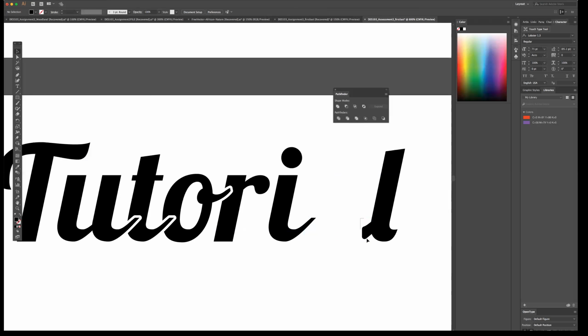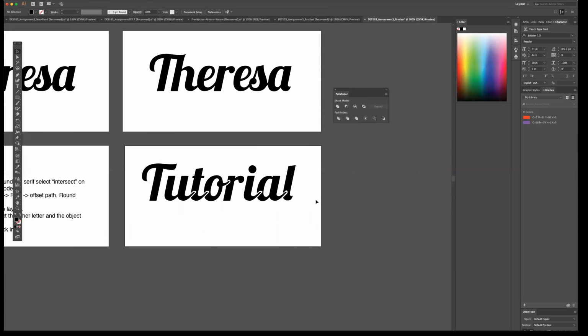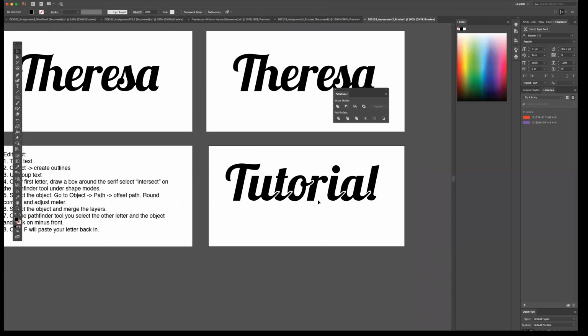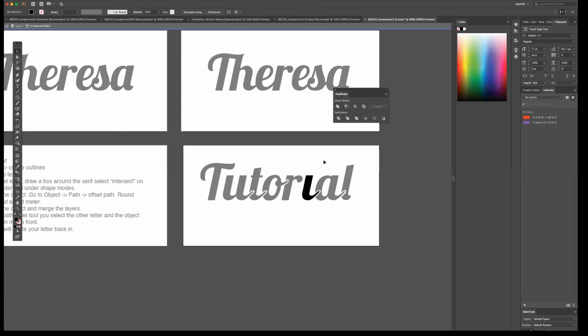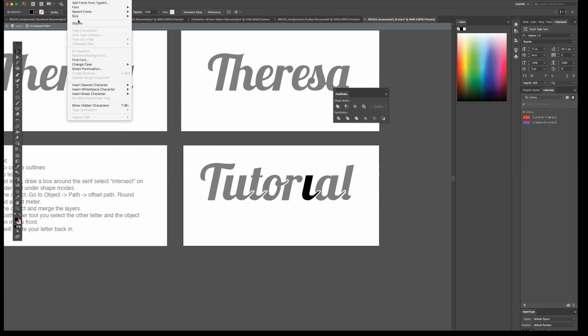And then you can zoom out. And that is a very subtle way to create a very personalized version of this font. Another thing that you can do is, one of the students added a heart to hers. You can delete this circle here. And if you go to your glyphs, it opens up a whole wide range of characters that you can use. So if I go to Type, Glyphs, which is found right here in the second section, it opens up the